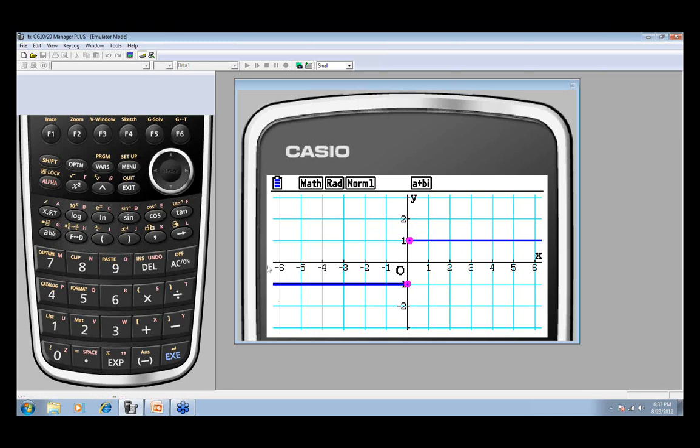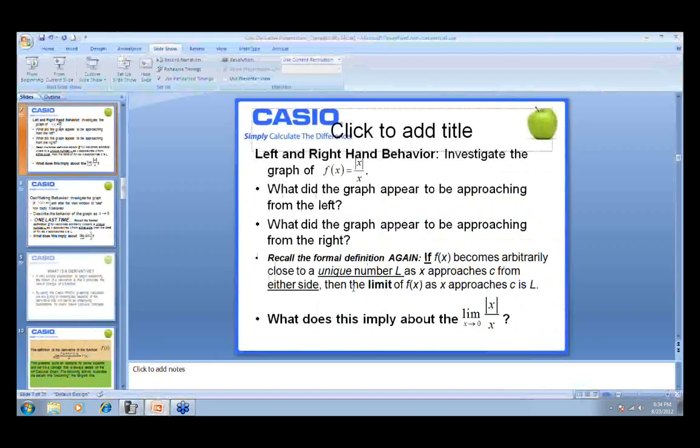Okay, so coming back to this problem, we have a limit coming from the left. The left-hand limit is -1. I have a right-hand limit coming from the right. I can say I am approaching a value of 1. But from our formal definition, remember what it says: they have to approach the same unique number, L, and they didn't here. So again, this is another example of why the derivative fails to exist.